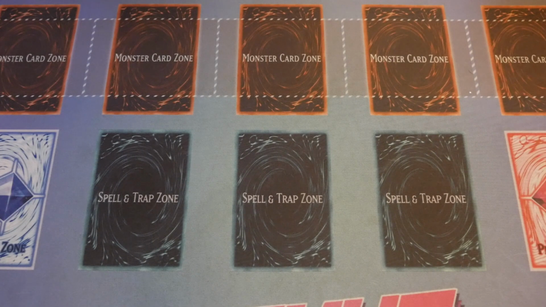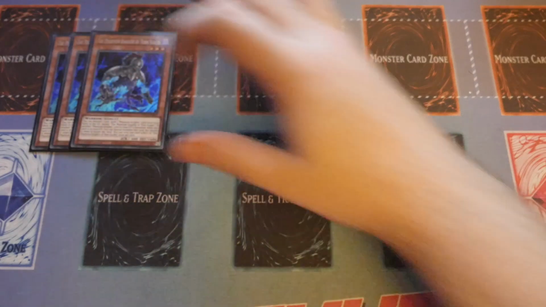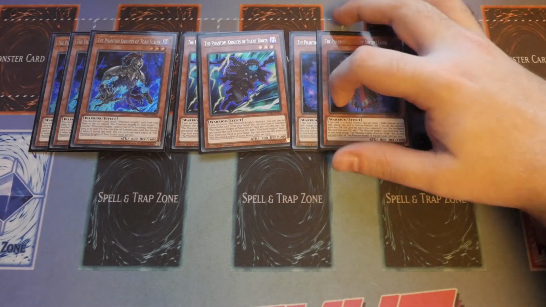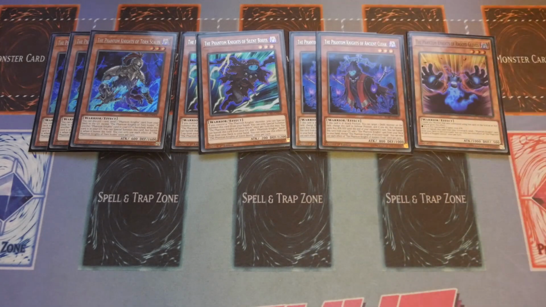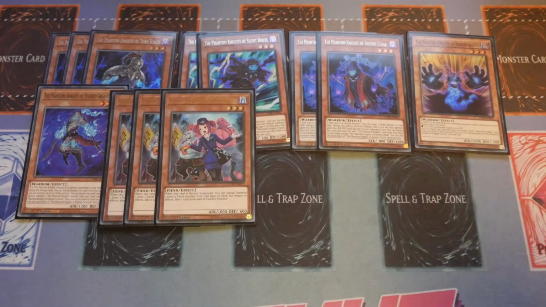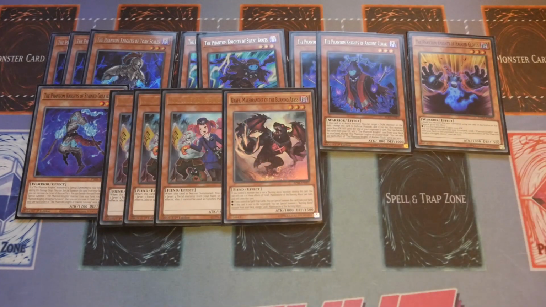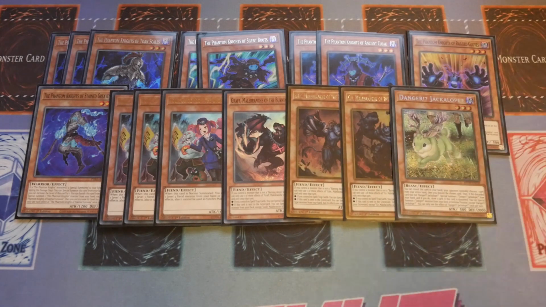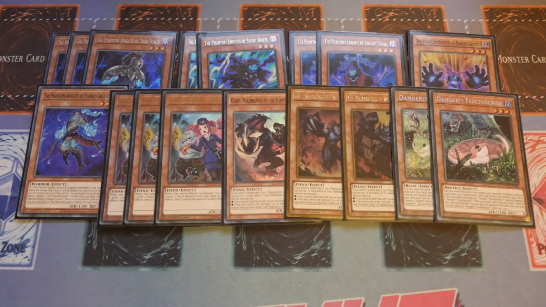So for the monsters we play triple Scales alongside double Boots, double Cloak and a single Gloves alongside a single Greaves. We've then got triple Tour Guide, one Graff, one Lyrilusc, one Seer, one Danger Jackalope, one Danger Snake, one